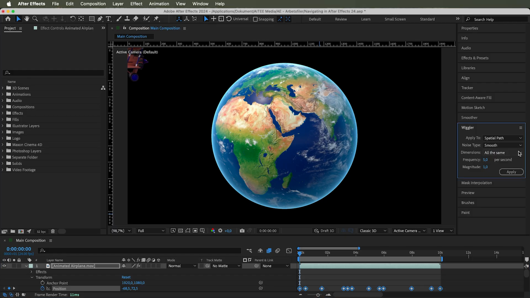Changes between smooth, with more gradual changes, and jagged, as a bit more abrupt, jerky type of movement. The dimensions to manipulate: either only X or Y, all the same for an equal course to all dimensions, or, last one, all independently, using a different set of deviations for each dimension. To add a third dimension, the depth as well, just apply the 3D space for that